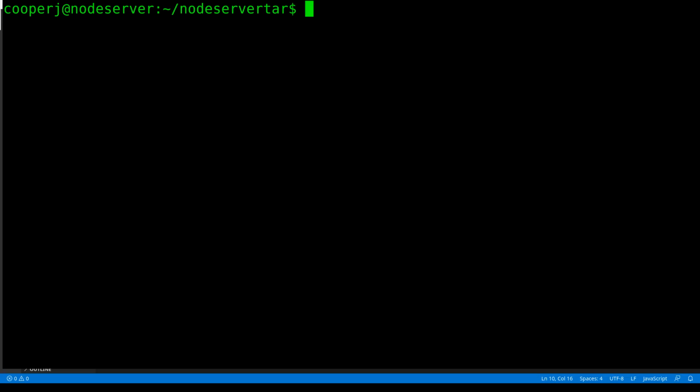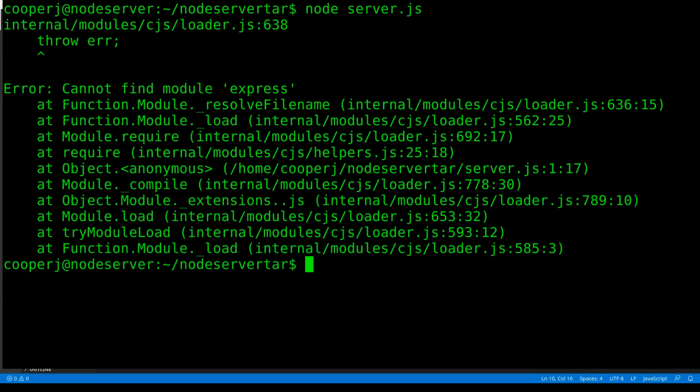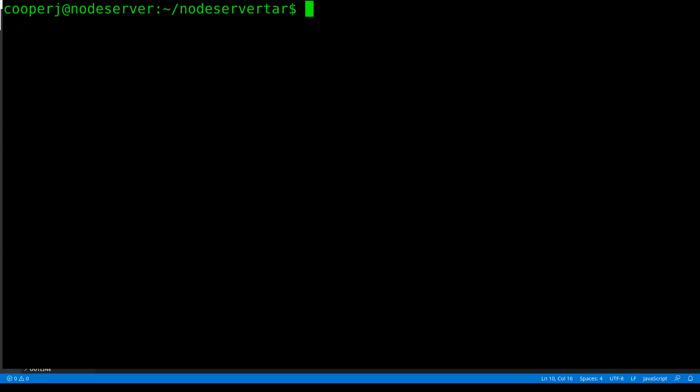So if we try to run this now, so let's do node server.js, we'll get an error because we don't have any of those dependencies installed because we didn't copy over that node modules file. But that node modules folder has a lot of different files in it, and we don't want to copy that over. What we can do is we can just recreate that folder here, and we can do that by running